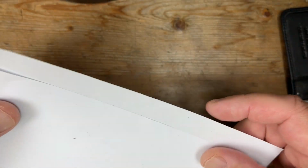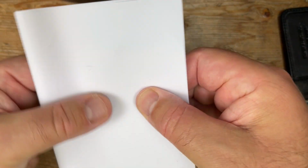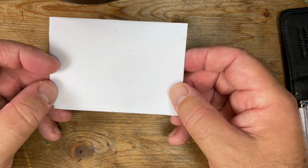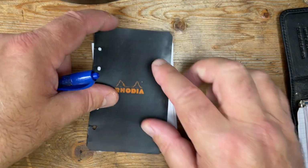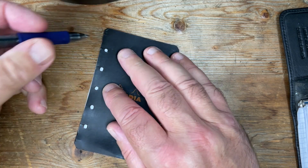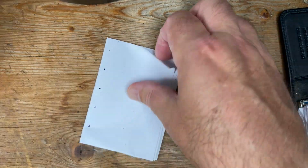How do I know that? Because apart from measuring it, if you take a piece of A4 paper, and I'm not going to do this particularly neatly because this is a video that I'm trying to keep as short as possible, if you fold it once, fold it twice, and fold it 3 times, that gives you your 74 by 105 paper. And then if you mark, I'm just going to do it very, very roughly, if you put a template on here, I'm going to use my Rhodia dashboard from one of my Frankenfaxes, if you just mark it,